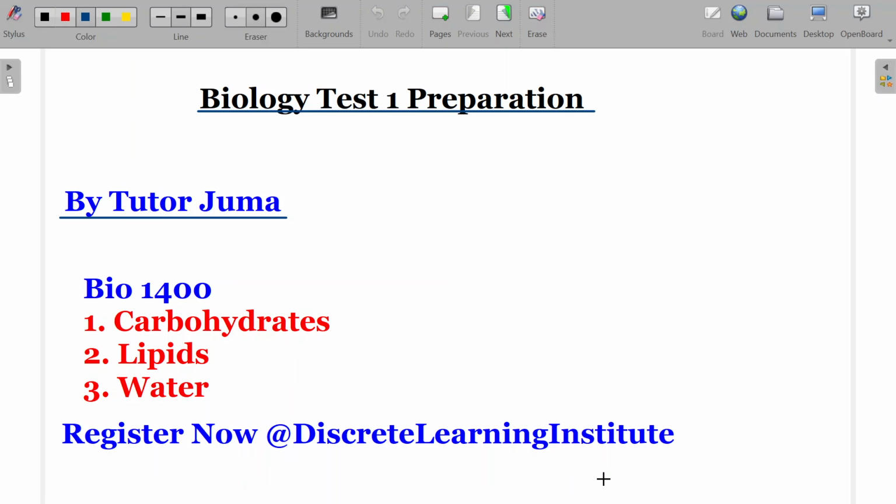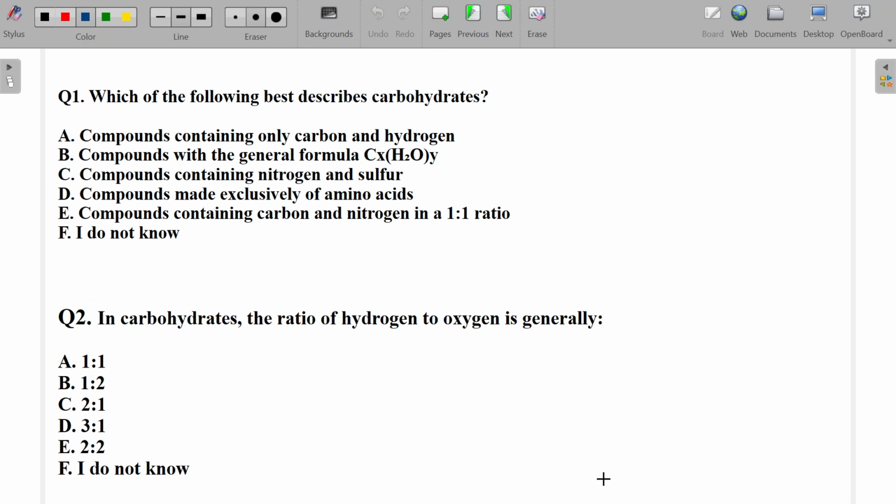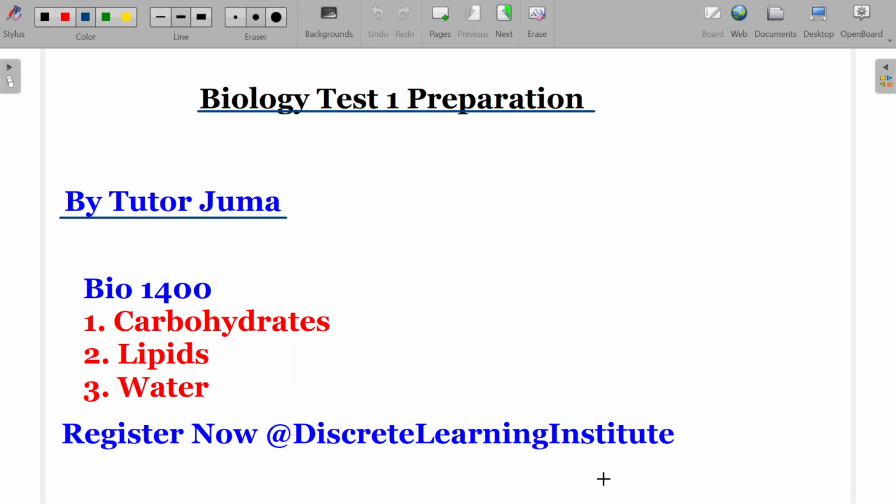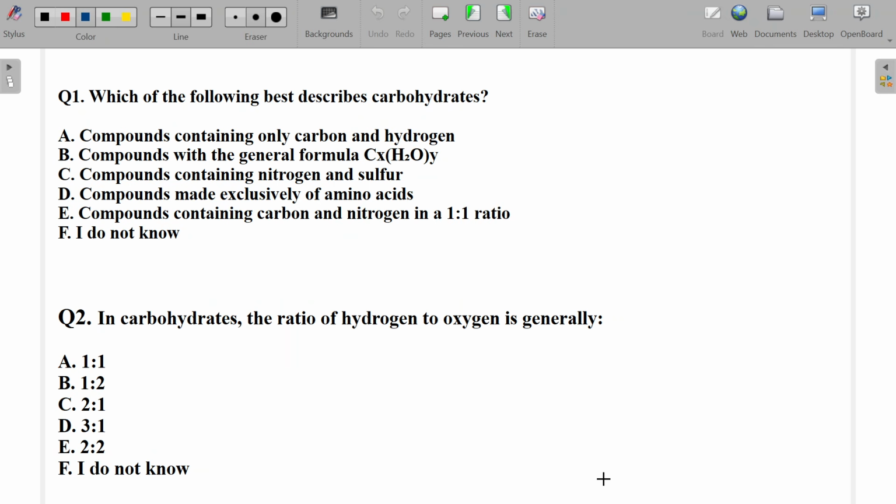Okay, so now our first question for today is starting with carbohydrates. The way they've been placed, the hierarchy, that's how the questions have been arranged. So the first questions start with carbohydrates. So the first question is